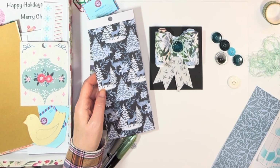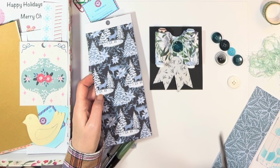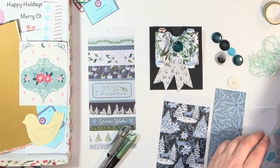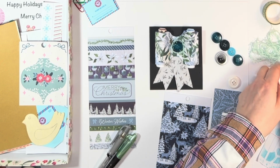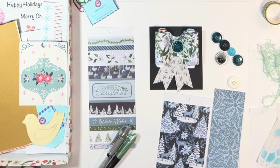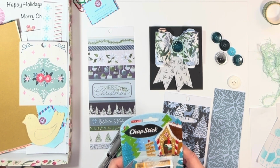So I have this scrapbook paper that is from, I think, Michael's. It's like 3.5 by 7.5 inch sheets, and it comes double-sided in different Christmas prints. And I thought, you know what, I think this is going to be an easy way to use some of